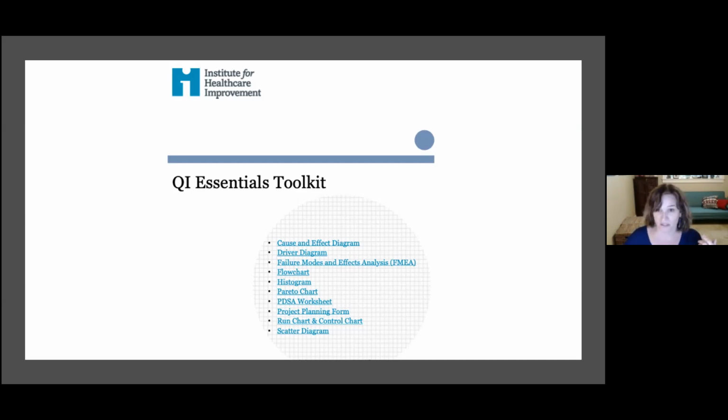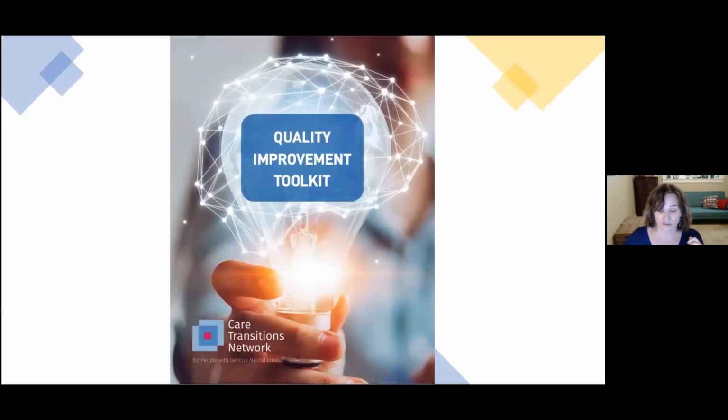In addition to this tool, I also shared the Care Transitions Network for people with serious mental illness developed what I think is a really wonderful quality improvement toolkit, especially for any of you who are really new to QI and really want to develop a QI program in your organizations.